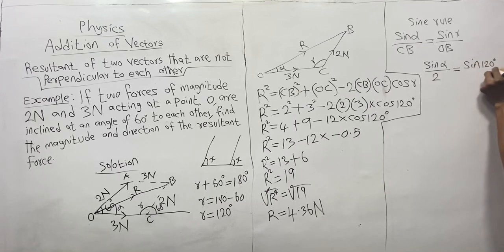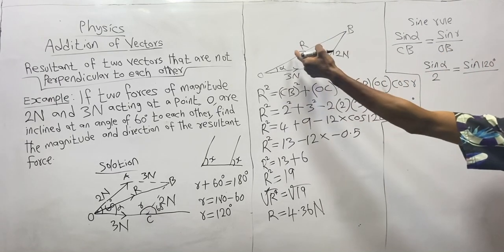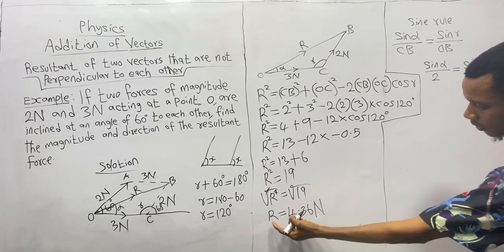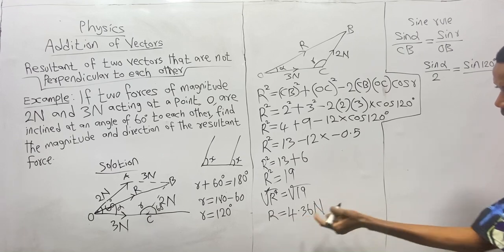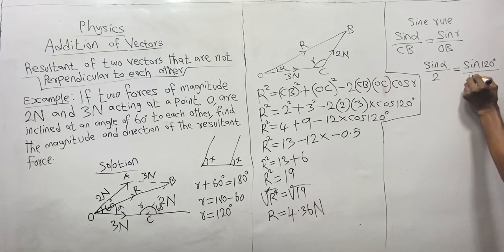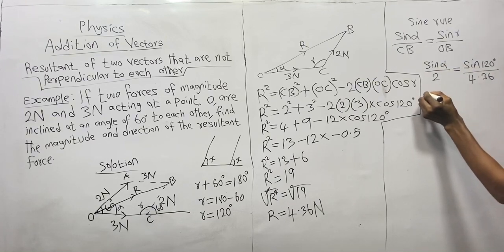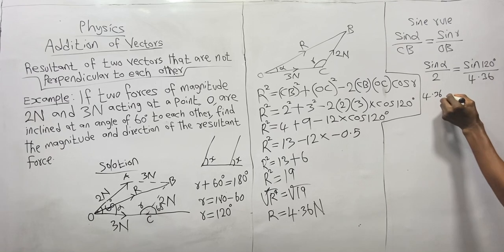equals sine R. So sine, your R, we have already calculated it as what? 120 degrees divided by side OB. OB, that's your R. And your R, that's capital letter R. And capital R, which is the magnitude of the resultant force, has already been calculated. And we got what? 4.36. So this place we got 4.36. Now you what? You cross multiply. So this will come and meet this. So we now have 4.36